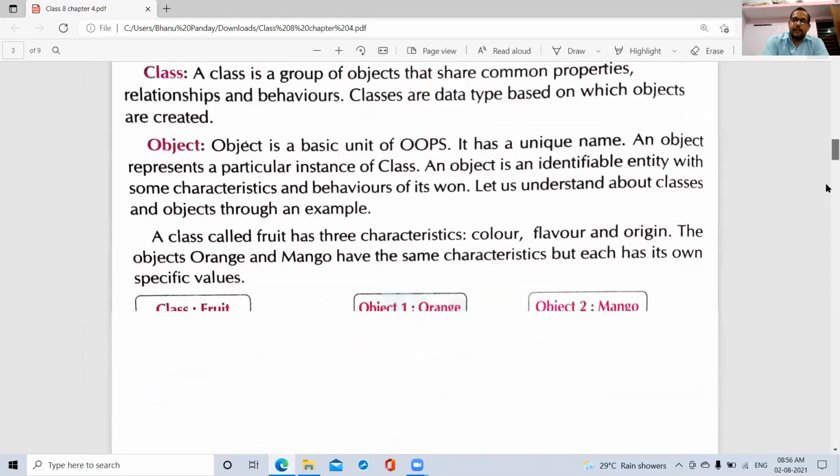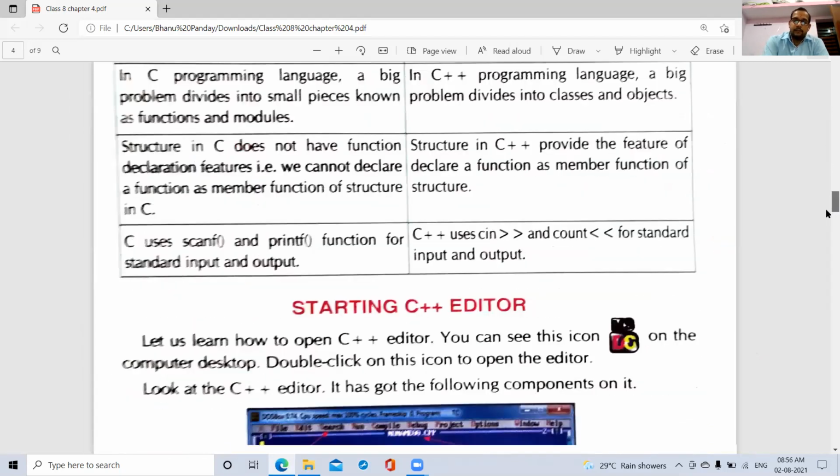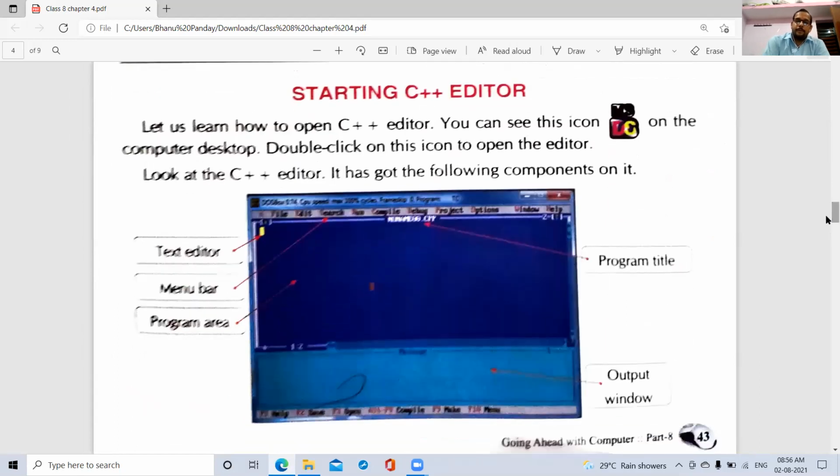These many topics we have discussed in the previous class. So today, I hope everybody has understood these topics.